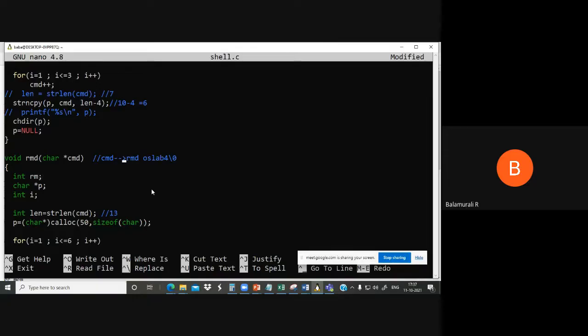I don't know, maybe it's a lengthy string. Here I have written 13, but let us calculate this length. RMD, remove 1 2 3 4 5 6 7 8 9 10 11. Its length is 11.